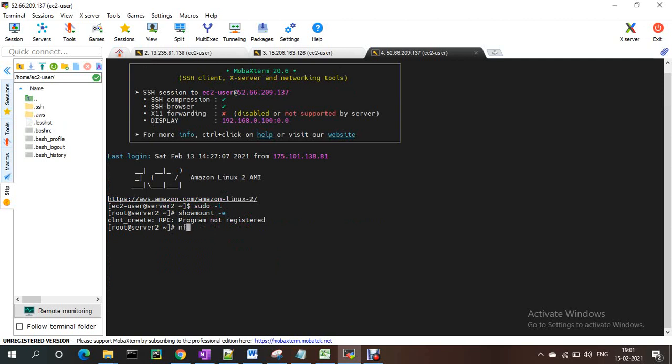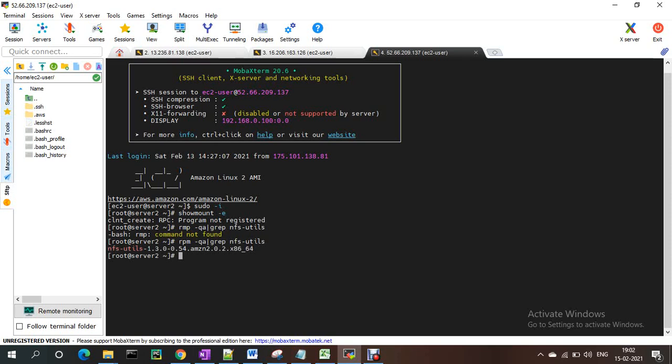Let me check NFS. We need to start it, right? We forgot to start NFS. Let me check whether the package is available or not. rpm -qa | grep nfs-utils. Sorry, I made a typing mistake. So the package is there.